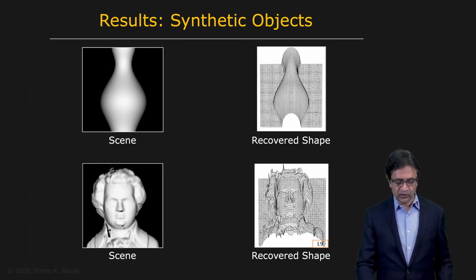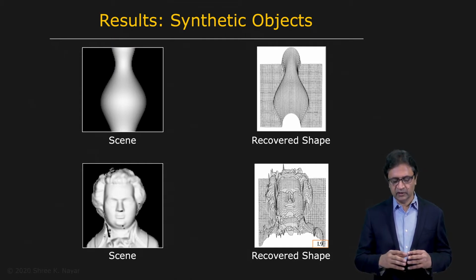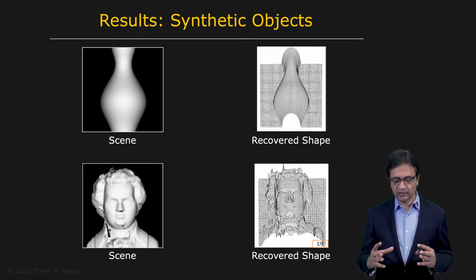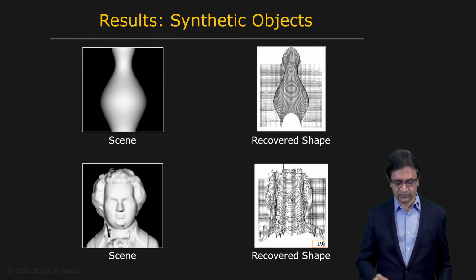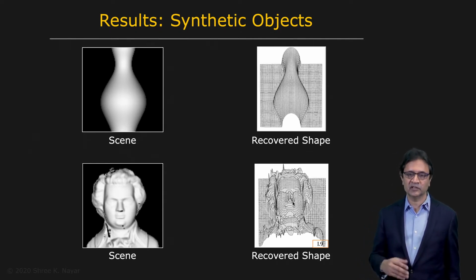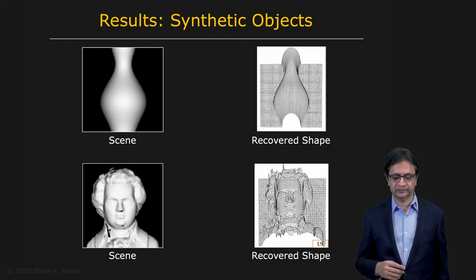Here's another one, also synthetic, but in this particular case, we're taking a more complex depth map and then shading it using a known reflectance value, Lambertian, and then you apply the algorithm. But in this case, you have some dramatic changes in surface normal at some points right here, maybe around the nose and so on. And that leads to some errors. You get something that looks like the bust, but at the same time, you see some errors here as well because you're violating some of the assumptions that we've made, such as smoothness.